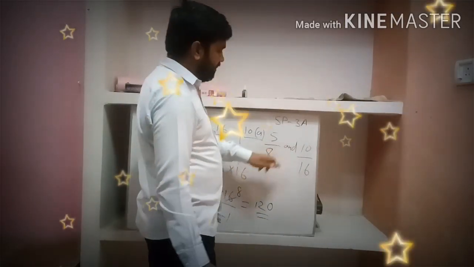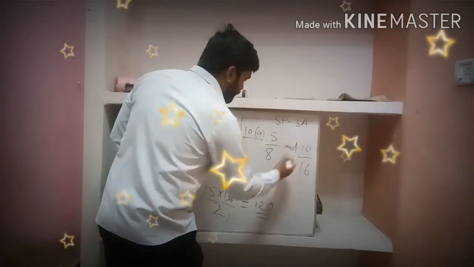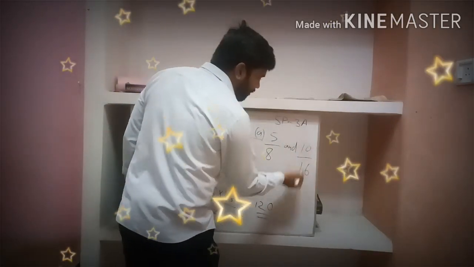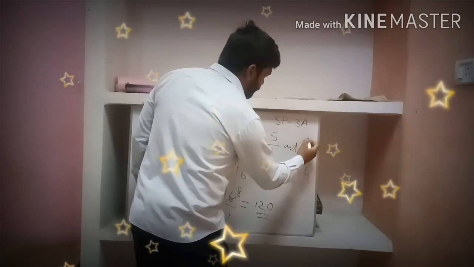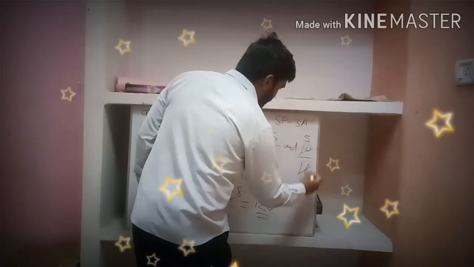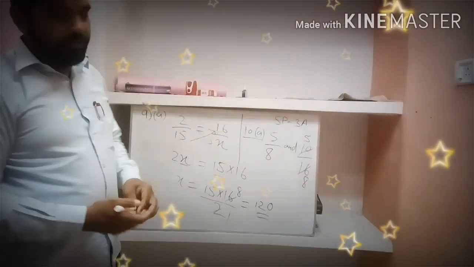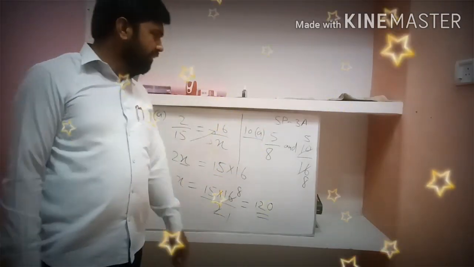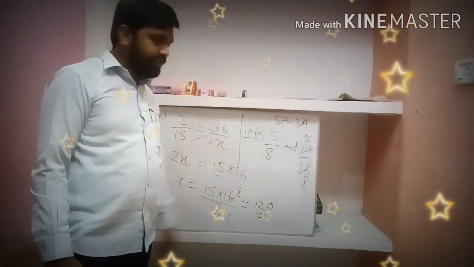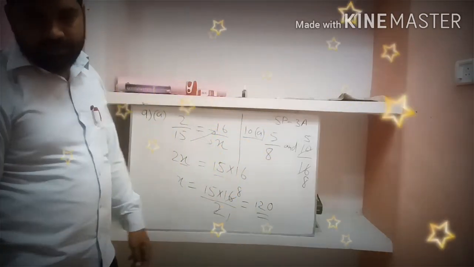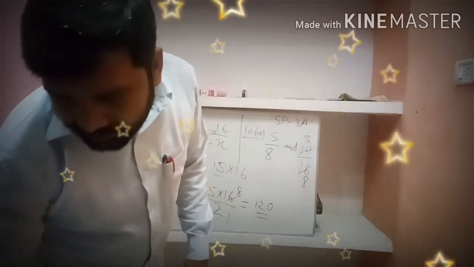Both are coming in the 2 times only. So 5 2s are 10. So this you can simplify it also and you will get the same number. See, 2 5s are 10, 2 8s are 16, 5 by 8. So this is the equivalent value. If you simplify the equivalent fraction, you are getting the original fraction, lowest fraction. So it is equivalent only. Okay. Now we move on to the next exercise 3b.